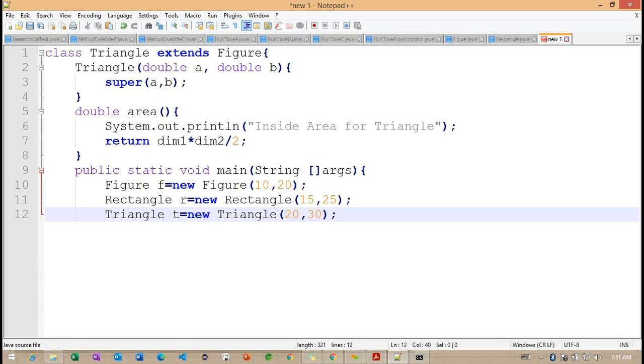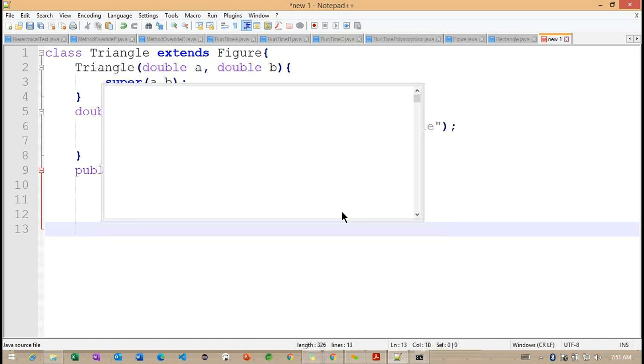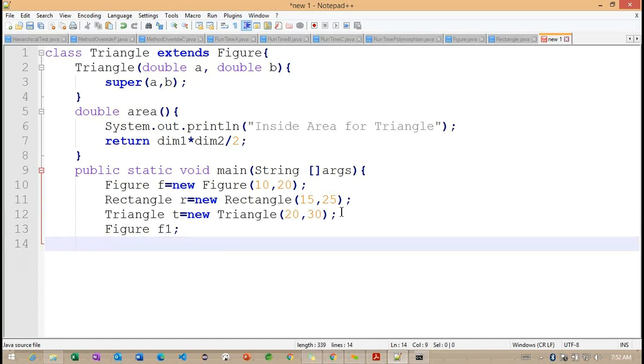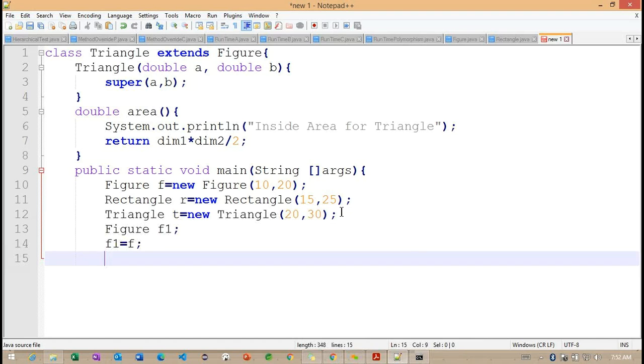Now these are the three objects we created. So the same example I'm trying to work here. Here F1. Getting the point. And F1 is equal to F. Right. F1 is equal to F here.